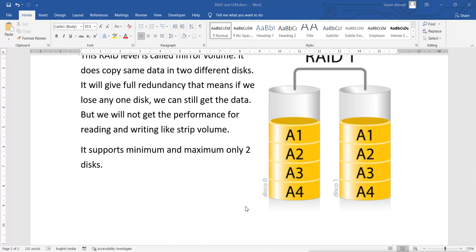The level which we use most commonly after 1 is level 5, also called RAID level 5, or RAID 5.